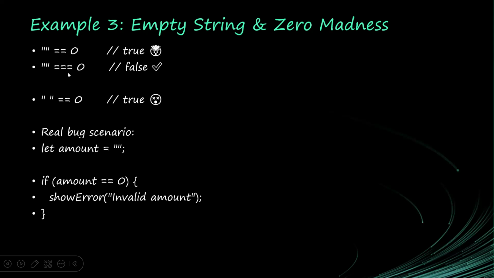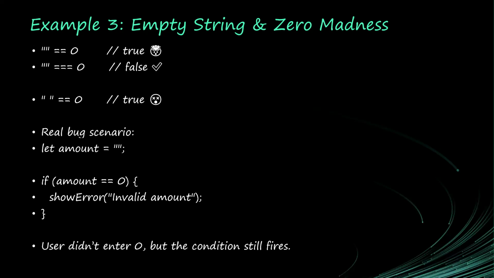But if you're using the strict equality operator, it will give you false. And you should always use the strict equality operator. User didn't enter 0, but the condition still fires. So even though this amount is not 0, it's an empty string, a different data type, and yet it is giving us true. This condition would also run. So always make sure that you do not use